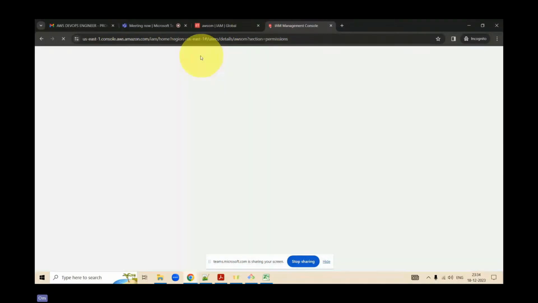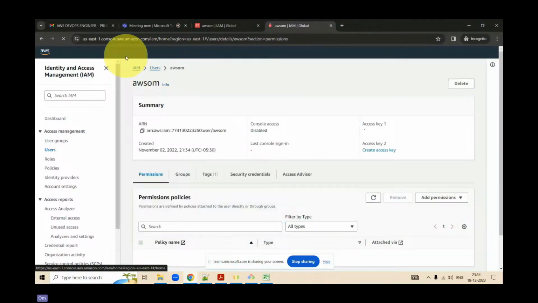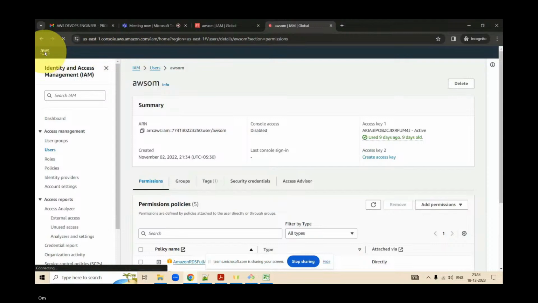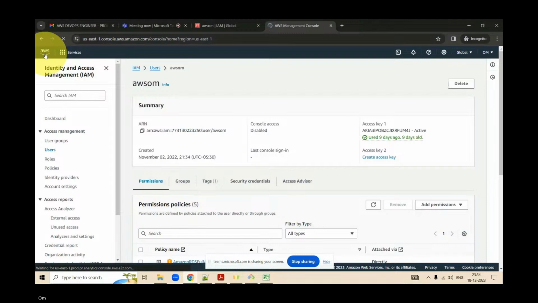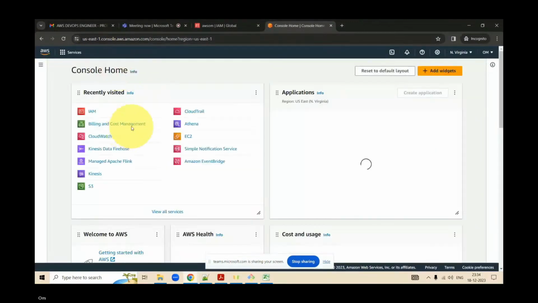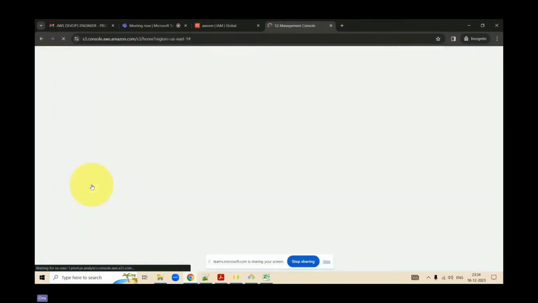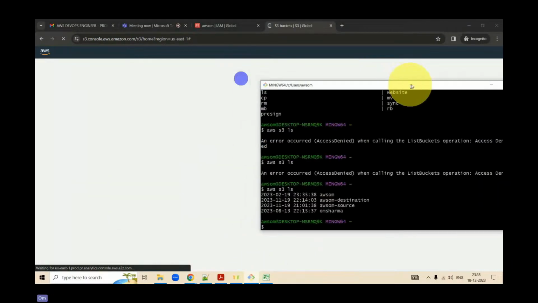If you open another management tab and open S3 from here, where is S3? Here it is. Now, inside my S3 there are 4 buckets, and the same buckets are shown by these 4 names.